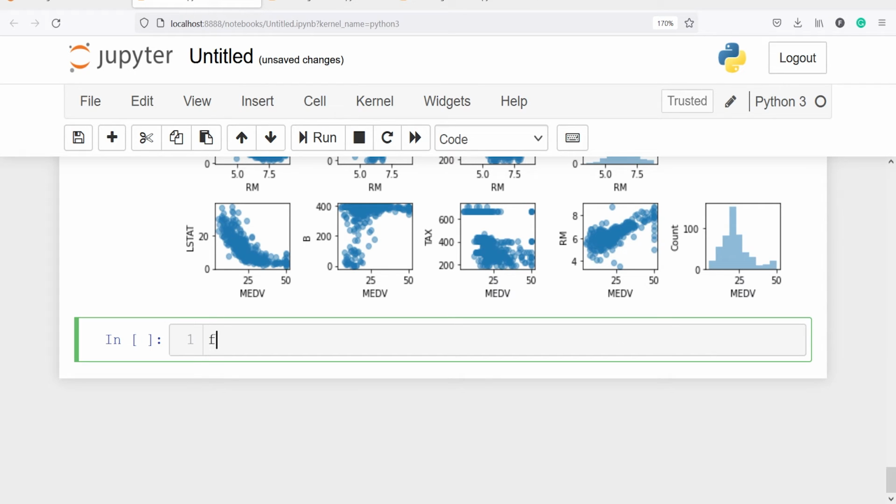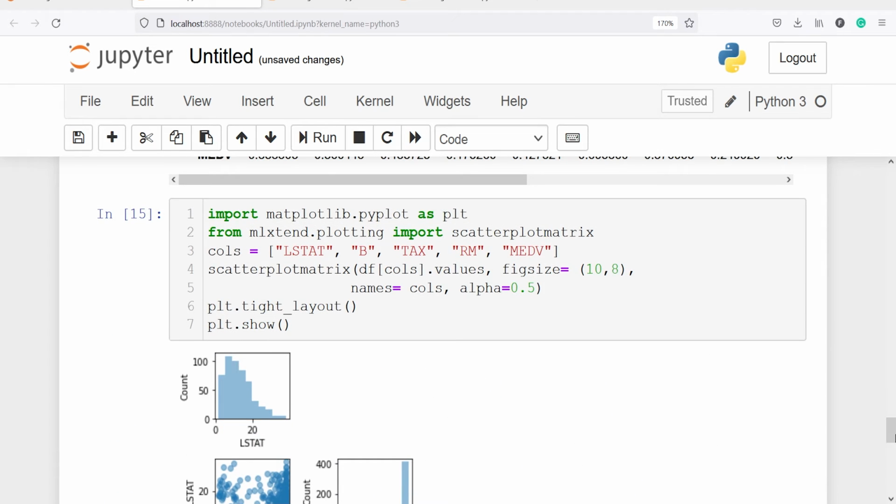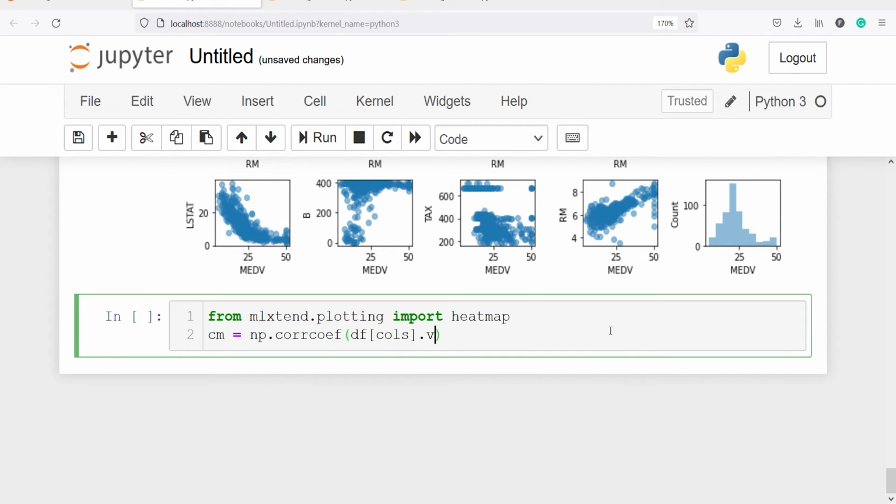So for that I will call from mlxtend dot plotting. I will import heatmap. I'll make one variable cm, and in this I will save the correlation coefficient, and I will call that using np, that is numpy dot corrcoef. Using this method we can calculate the correlation coefficient. Then we will pass our data frame, and we want to get the correlation coefficient of columns, that is all the columns that we have provided above here in this list columns. And to get the values I have to type dot values,